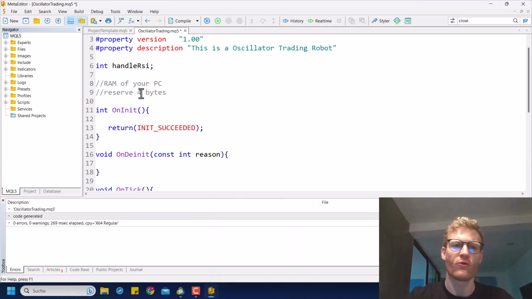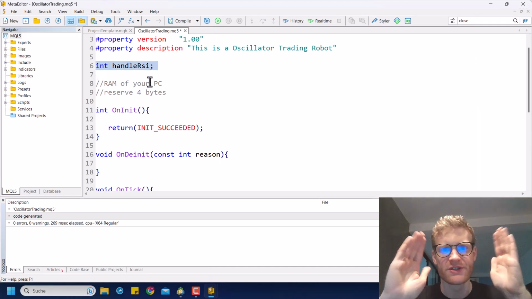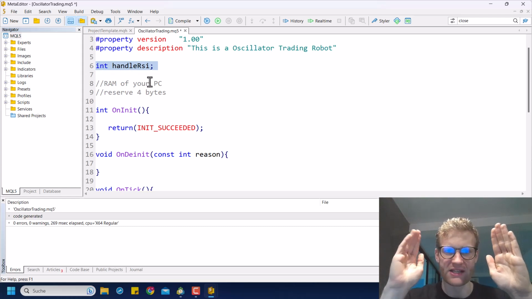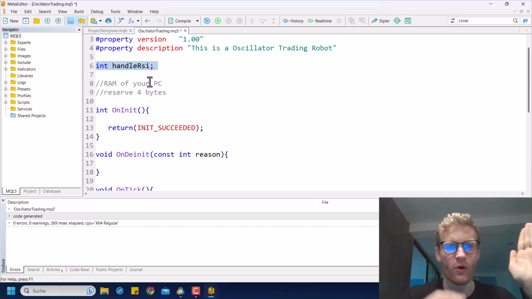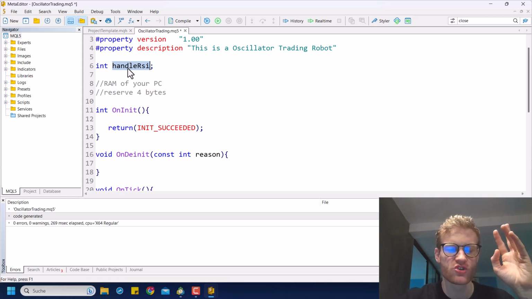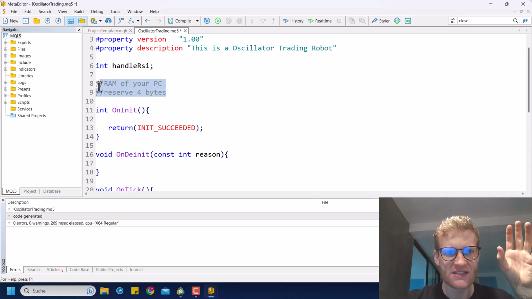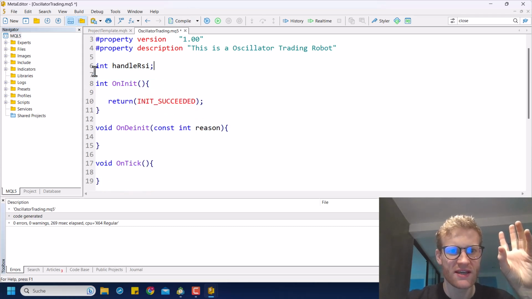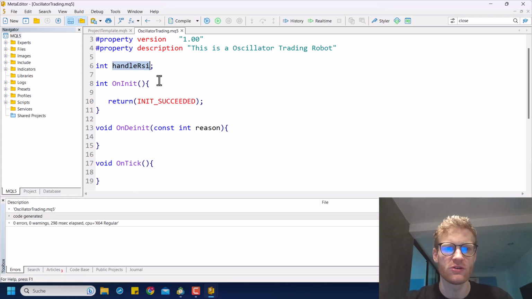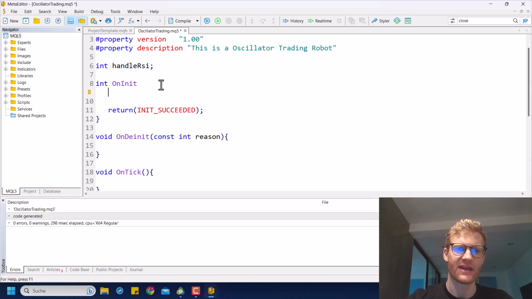So whenever your program is activated, it will go into the memory of your PC and it will just reserve a spot of 4 bytes because it knows that at some point this program wants to store some data at this point. And we can address this specific part of your random access memory using the name of the variable, which is handle RSI. So what I could do in the OnInit is I could say,